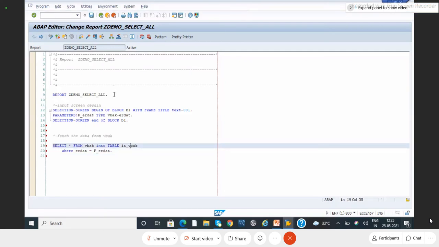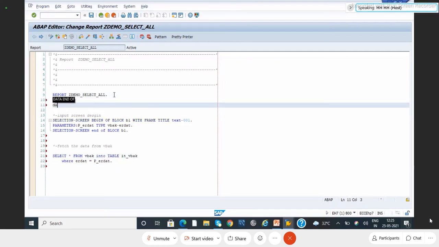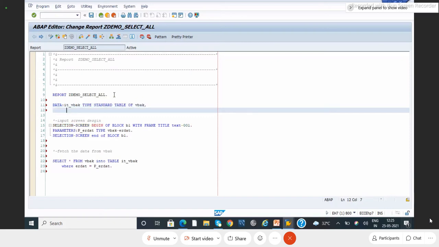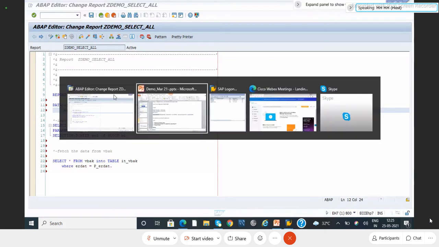How to declare my internal table: data it_vbak type standard table of VBAK. Sir, why do I need to refer to VBAK here? I'll tell you the reason. There are three ways, right?